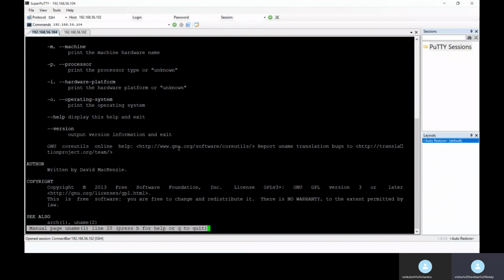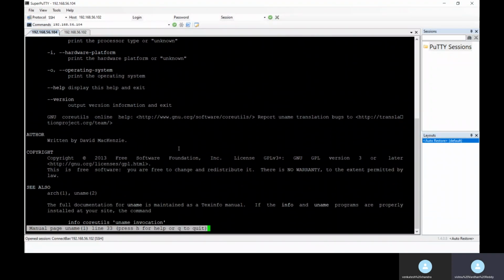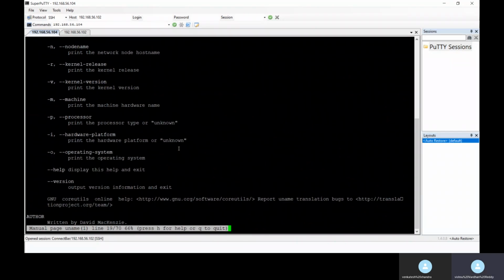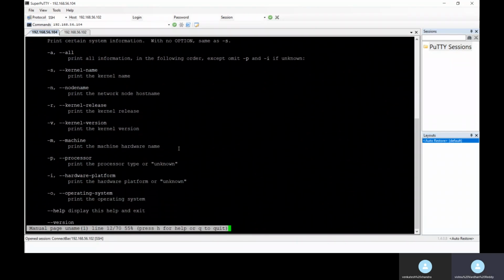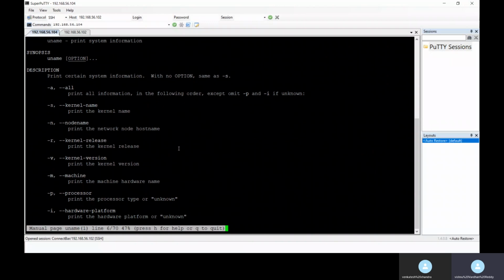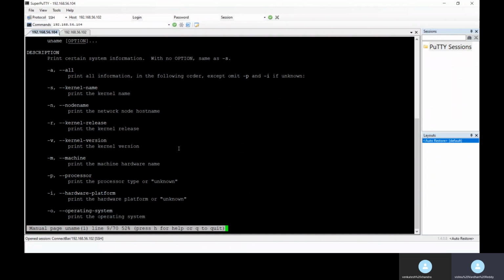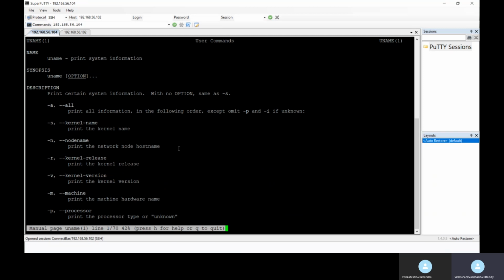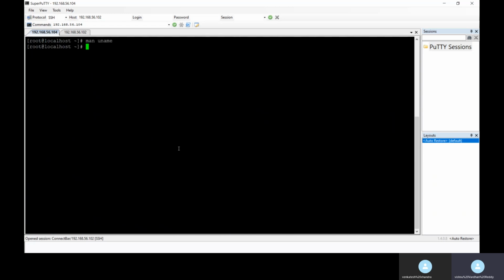It will display everything that is in it. You can check these options, type each and every option, and note it down. Whenever we want to check in the future, you need to read these things, and it will be easy to use in scripting. If you know the option, it will be easy to insert in scripts.